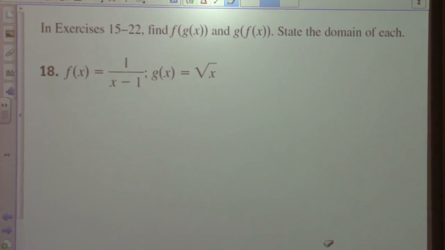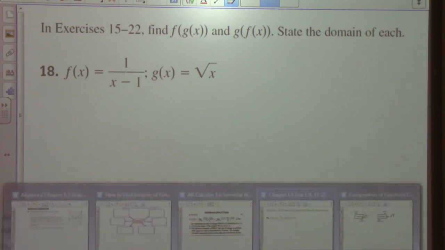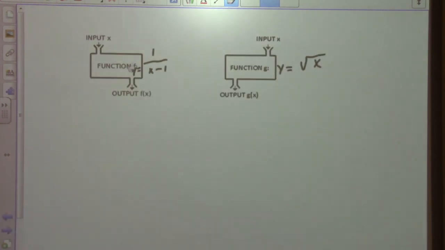So we are still working on composition of functions, and what we're going to do is review what composition of functions is in the context of problem 18. Two days ago in class we talked about what a composition of functions is. If we want to have f of g of x,